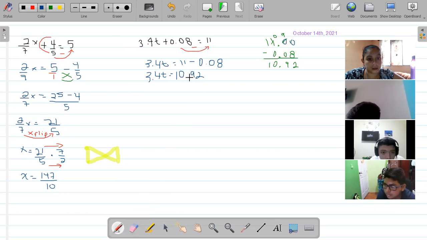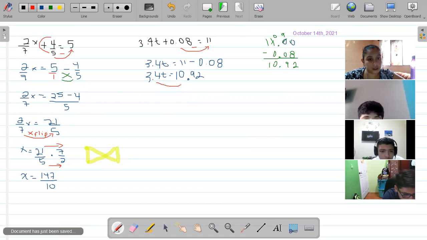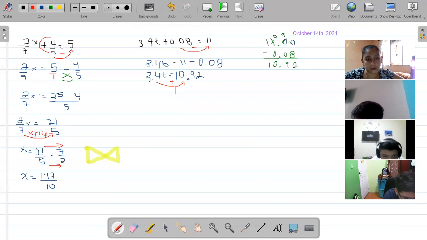Let's put this point down. There, 10.92. Now, what should I do now? Move 3.4 to the other side, dividing. Exactly, Daniel. Move the 3.4 to the other side, dividing. In this case, I do use inverse operation because it is a decimal and not a fraction. So I do use my inverse operation. So now I have t is equal to 10.92 divided by